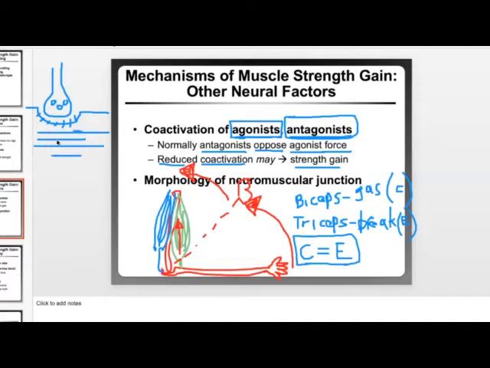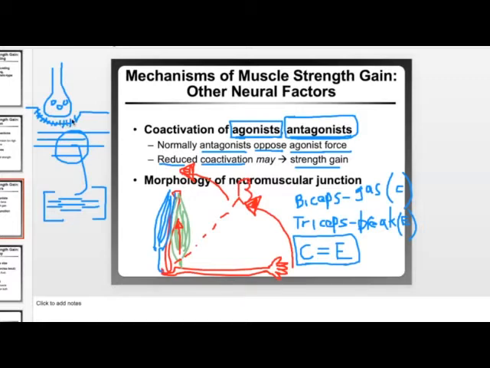And then if I look here and I blow that up, it looks like the sliding filament theory. So it could be the case that there are adaptations that occur at the neuromuscular junction level here, so that there's more acetylcholine, or that there's more potential for receptors at the muscle wall